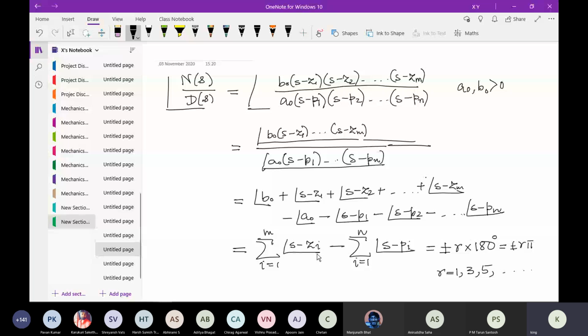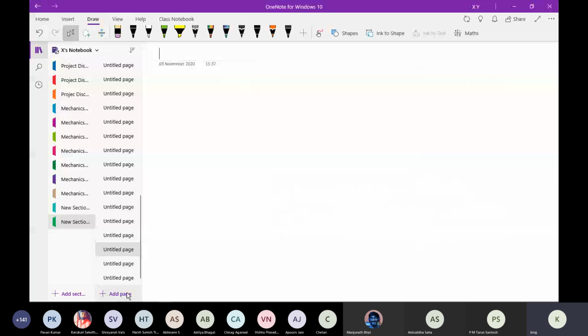Only thing is they won't have any real part, so they will just lie at plus pi by 2 or minus pi by 2, and they'll occur in pairs, so no contribution. So that means we now have